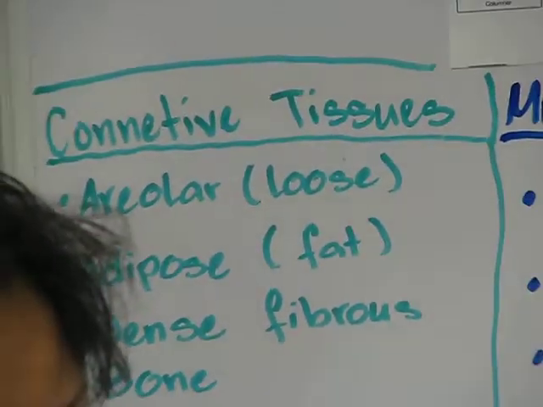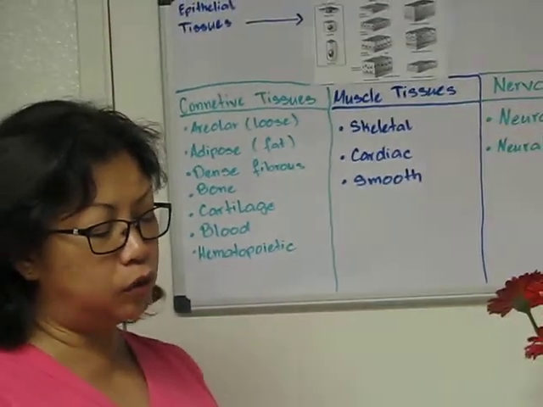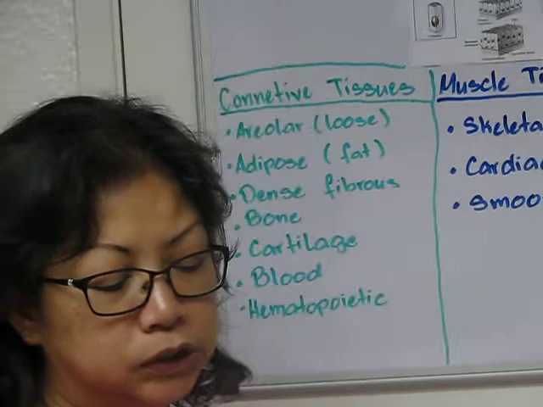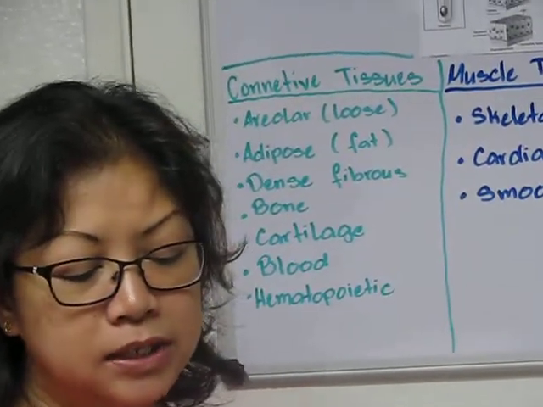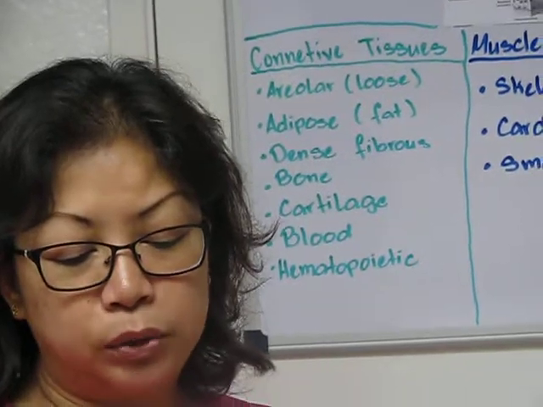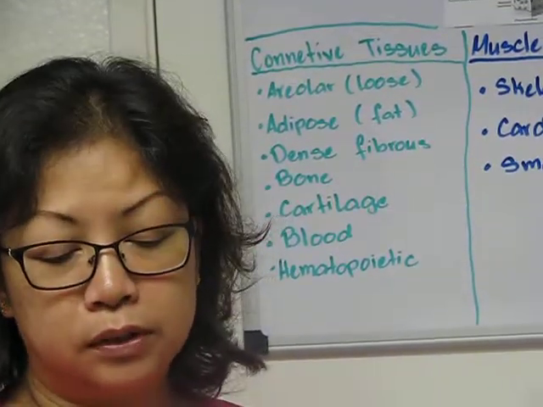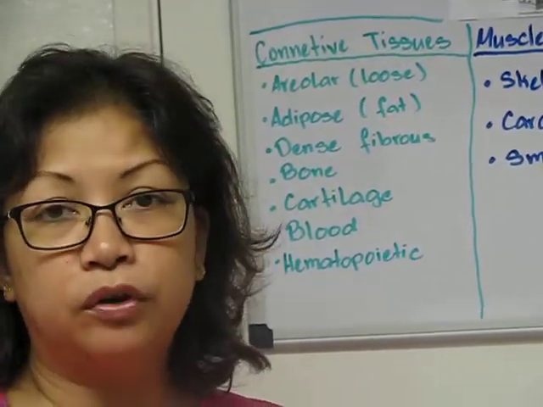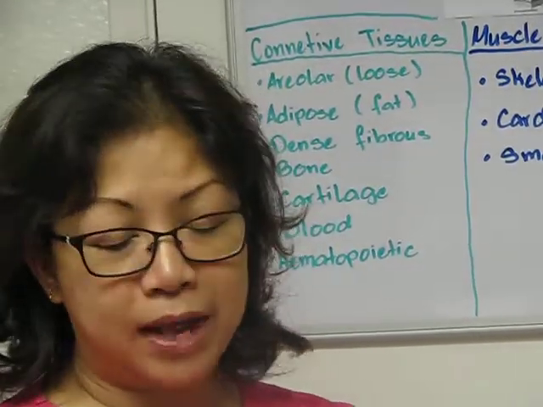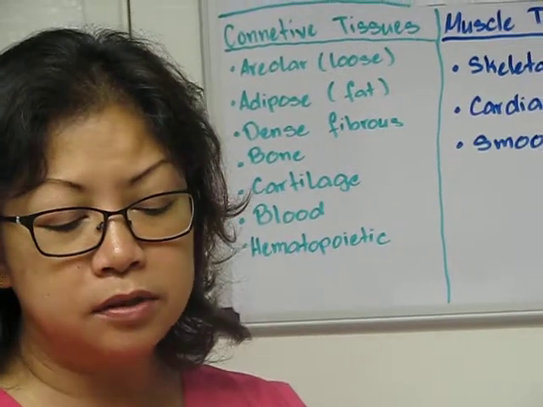First, we're going to discuss areolar or loose tissue. There is a loose arrangement of collagen fibers, elastic fibers, and cells. We can find that at the area between other tissues and organs. Function is for connection. Adipose tissue or fat tissue are cells